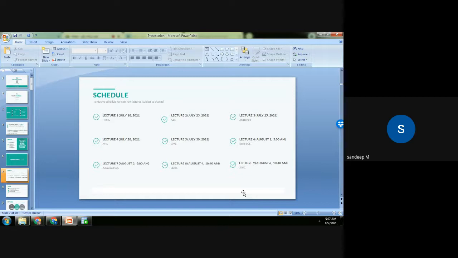Once you complete these two sessions today and tomorrow, on Wednesday and Friday, that is August 4th and 6th, we'll be starting units 4 and 5 in the syllabus, that is about Java database connectivity. So with that, we'll be completing 5 units in the syllabus. We started on July 18th, and by August 6th, we'll be completing 5 units. I know that the pace is a bit fast, but that's the way I teach. I've been telling this repeatedly.